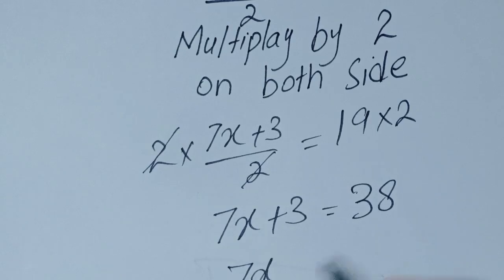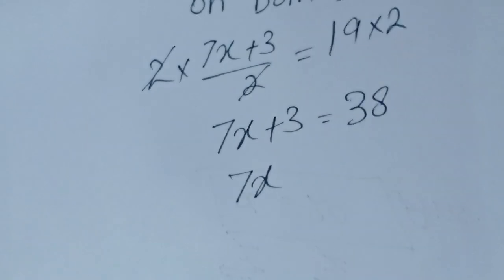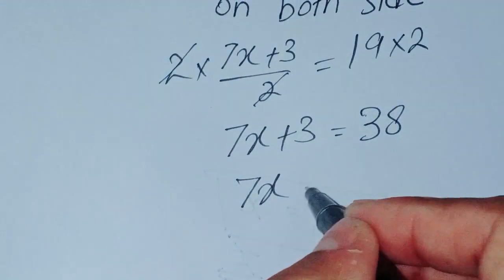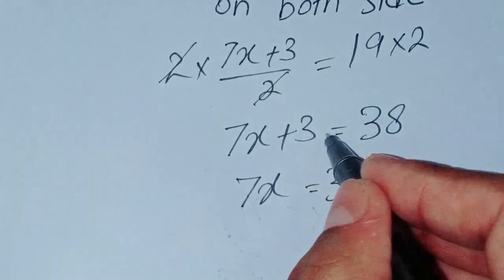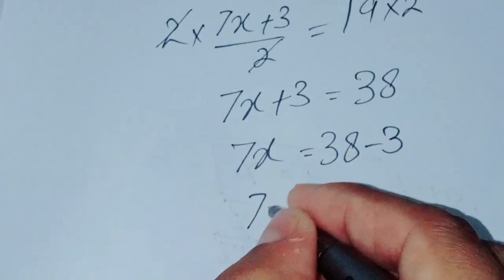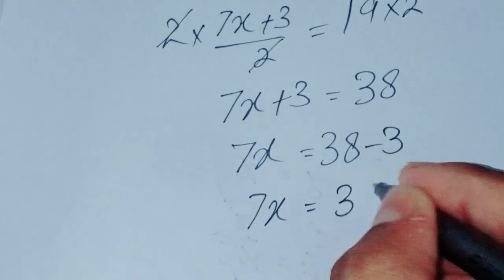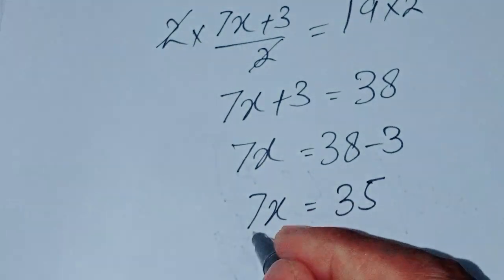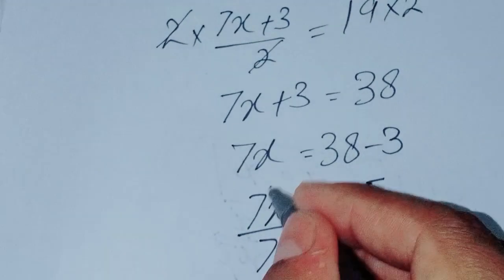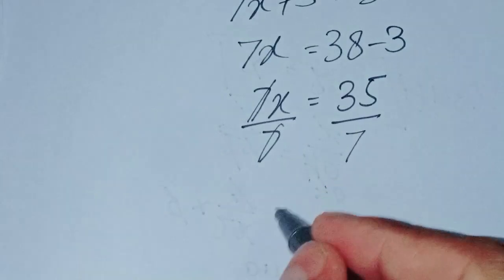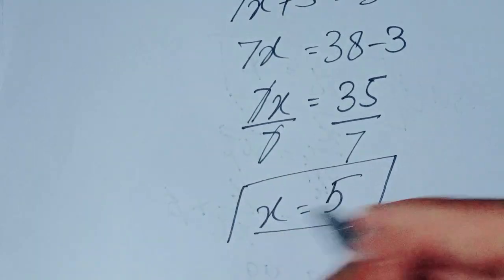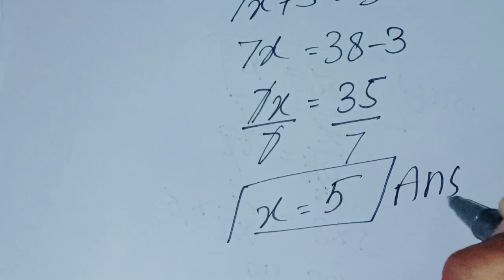So 7x is equal to 38 minus 3. 7x is equal to 35. Divide by 7 on both sides, we get x. Cancel, and x is equal to 5. So the answer of this question